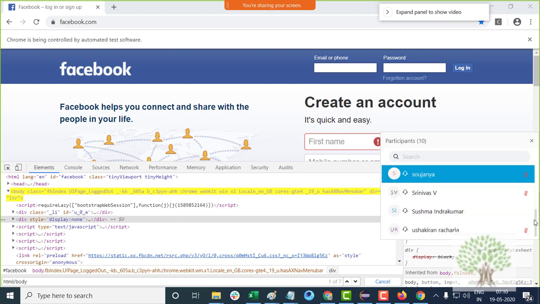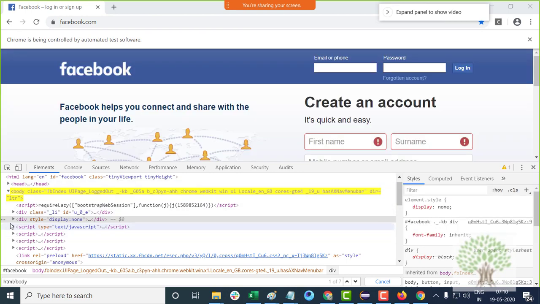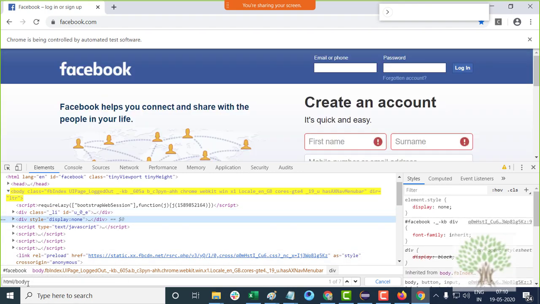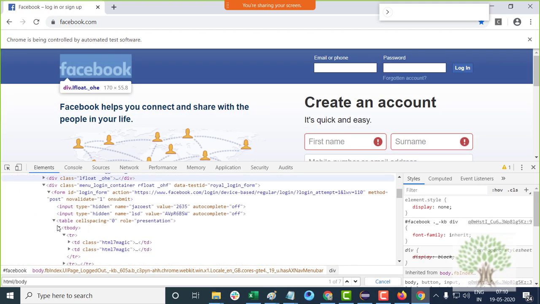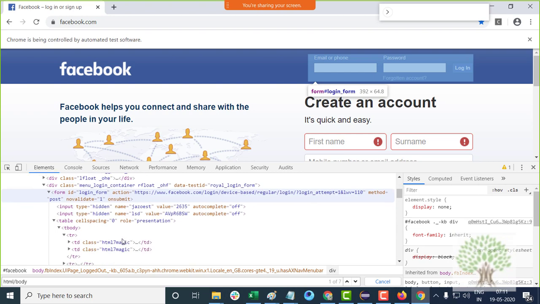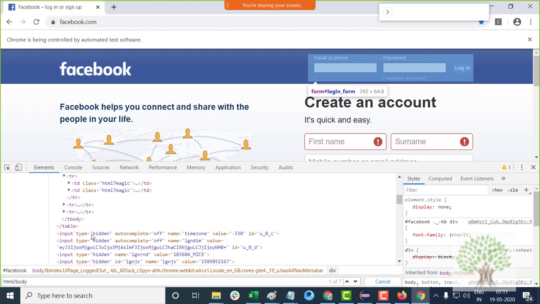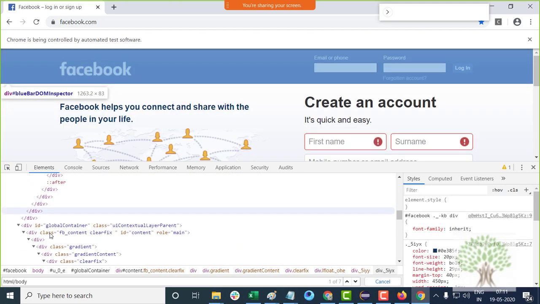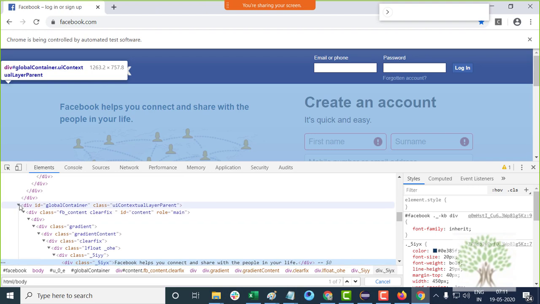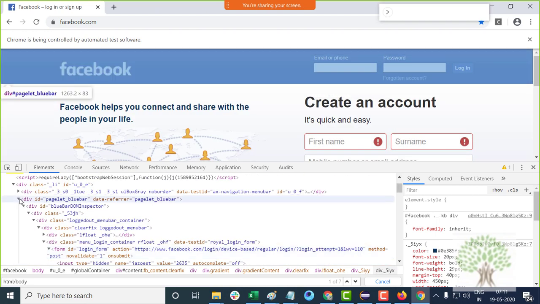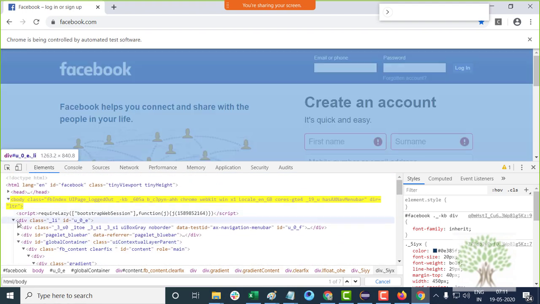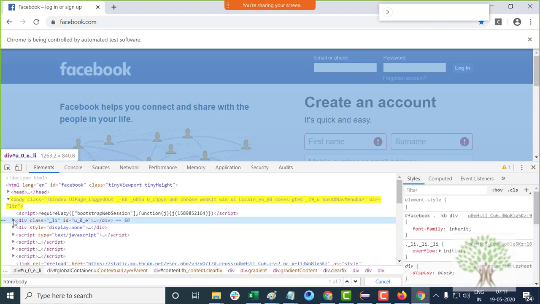You want to go inside the first division tag, because we have to reach this particular element, the Facebook text, which is present somewhere under the first division tag.